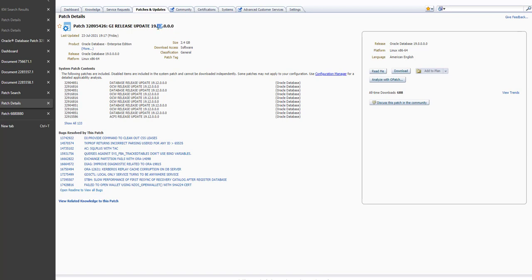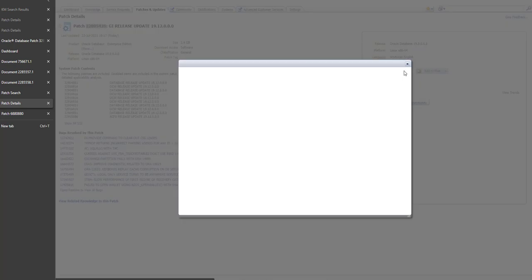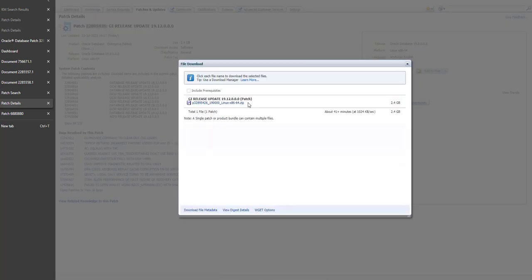Whatever release is currently on your grid infrastructure, applying this release update will directly update it to 19.12. This is the zip file you download. I've already downloaded this one too, so it's on my PC and I'm not going to download it again.